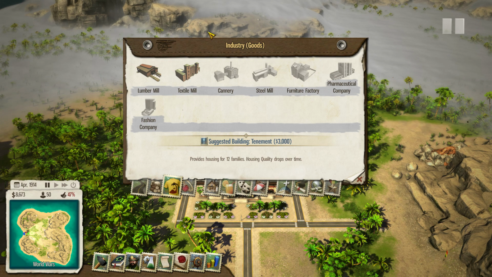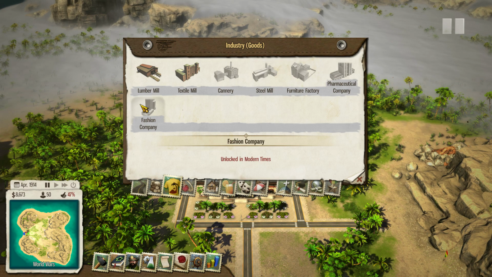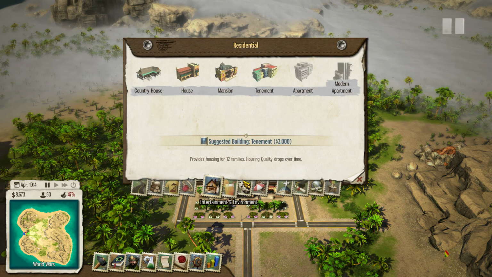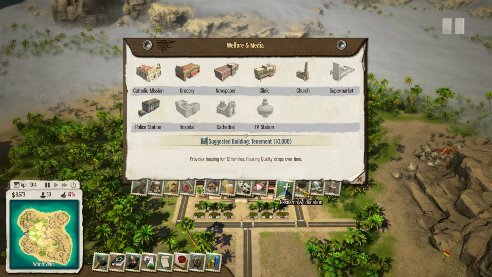Okay, we're going to have to do something about that soon. So, all right, we've got the lumber mill, which is available in the colonial era. We've got textile mills available now. Cannery, we need electricity to be able to build that, but it's not region or research locked right now. We need steel technology to do the steel mill, and then everything else will come a little bit later. So the question is, oh, we can build tenements, good. The question is, how do we get some